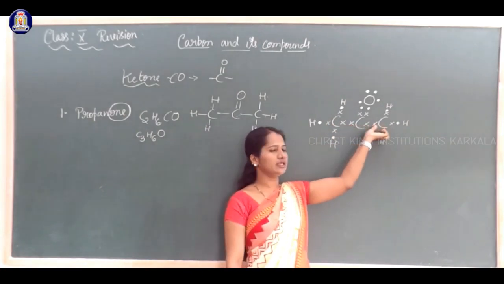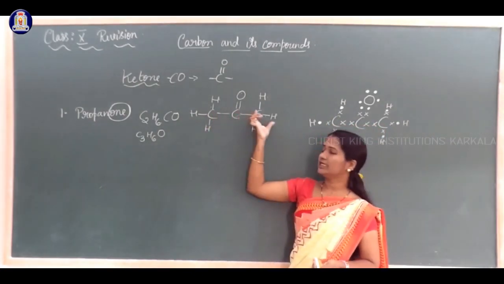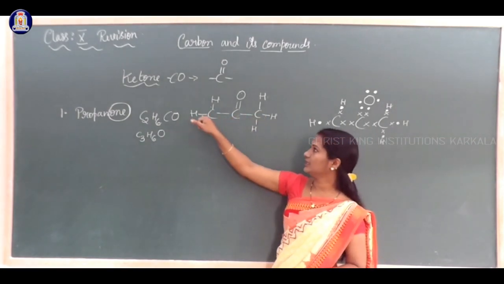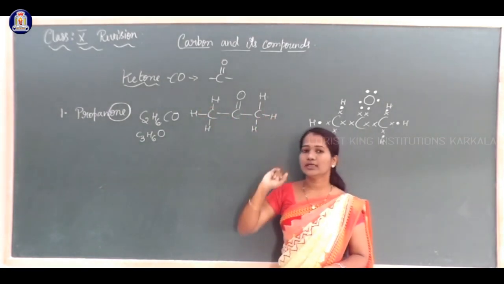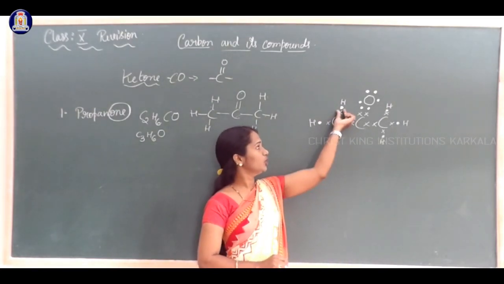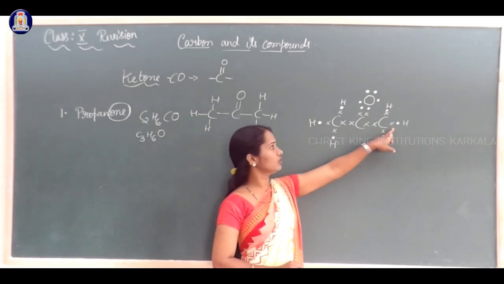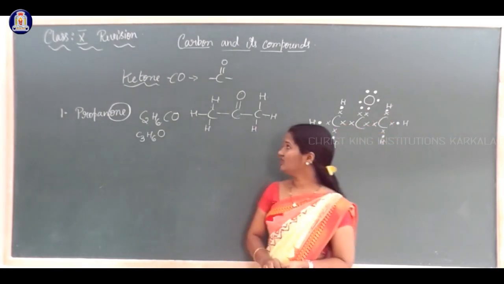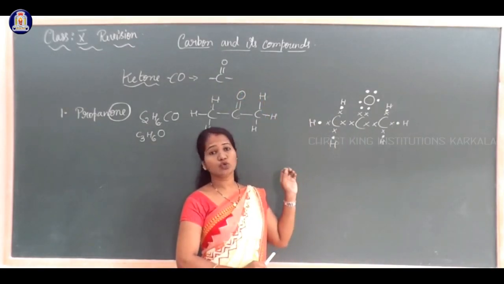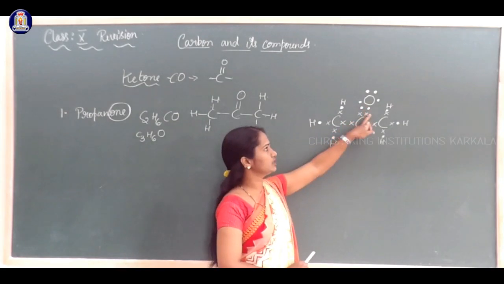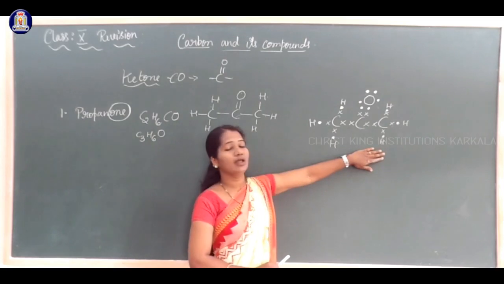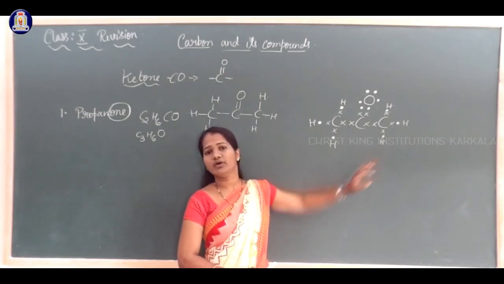Propanone contains 3 carbon atoms. Out of these, it forms a single bond with the carbon as well as a single bond with the hydrogen. A single bond means sharing of a pair of electrons, one pair of electrons they are sharing. Now it forms a double bond with the oxygen. A double bond means they are sharing two pairs of electrons, 4 electrons. Remaining electrons I am writing in this way. So this is the electron dot structure of propanone.